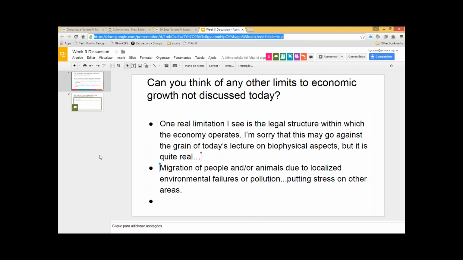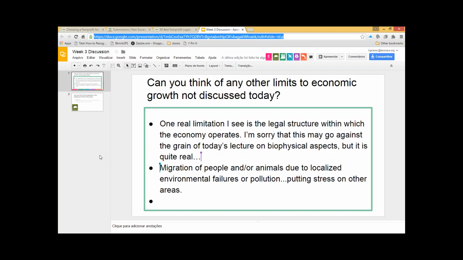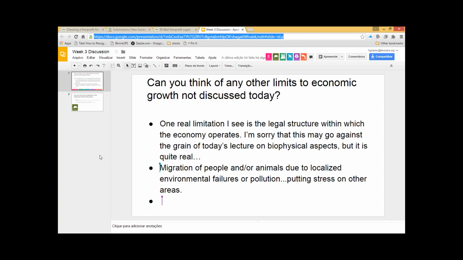And so having a catastrophic loss in one area can have ripple effects on other areas, even if there's more resources available in one part of the world than another. I think last year when we did this course, someone mentioned a similar idea, which is that you can have resource conflicts, right? That you can have people fighting over a localized depletion of resources, and that conflict can create things like war or other sort of conflict, and that those then can have an impact.